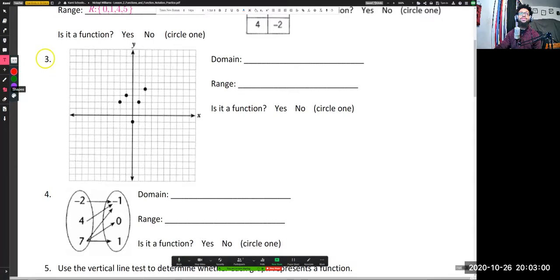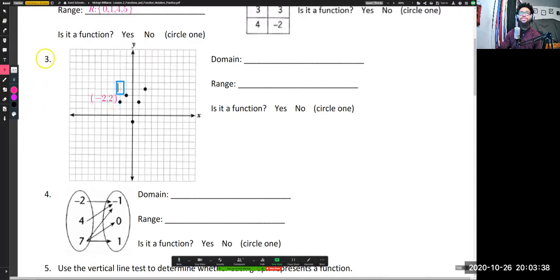Now, this one is interesting because it's given us ordered pairs, or it's given us points on the graph. And from these points on the graph, we're going to write out our ordered pairs and then look to see if that's a function. Okay. So this first point is going to be -2, 2. I'm going 2 in the negative x direction and 2 in the positive y direction. So there's going to be -2, 2. And remember, with these, you must write them in parentheses. Otherwise, we don't know that they are actually